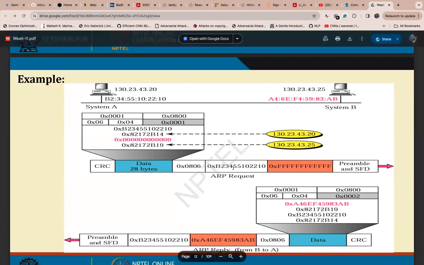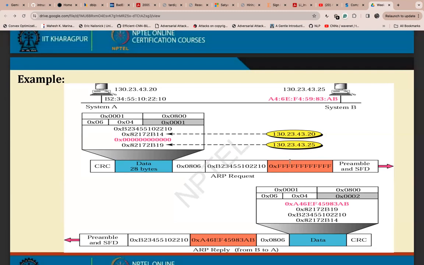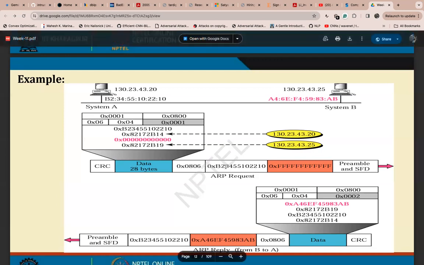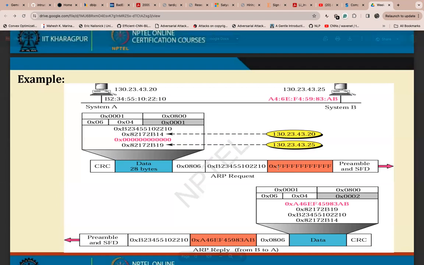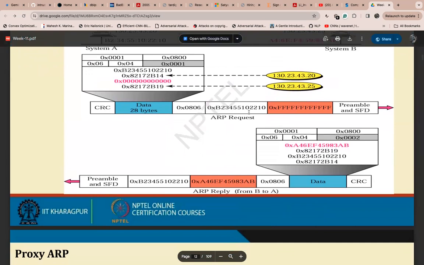When you send an ARP request, you broadcast it to all the devices, so it's all F. This is your source MAC address, the same as this one, and this is your broadcasting address. That is the ARP request. But when you do the ARP reply,